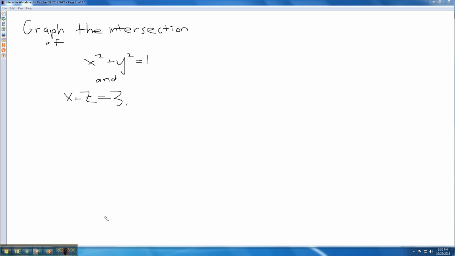This is going to be a demo on how to use Sage. So let's take a look. Let's suppose the motivator is I'm going to try to graph the intersection of x squared plus y squared equals 1 and the plane x plus z equals 3. Well, to do that, I'm going to